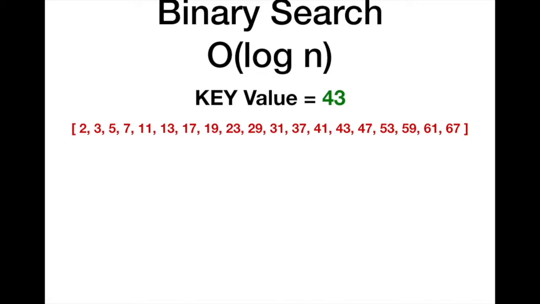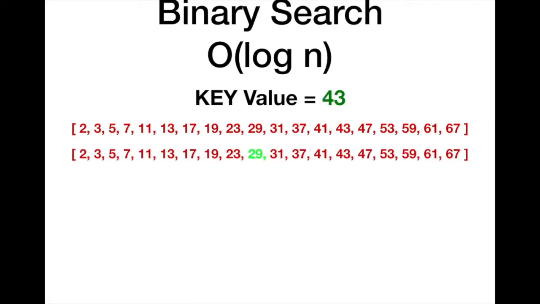So in the binary search, it searches for the median or the mid value in the array, which in this case is 29. So it then logically looks at the value, which is 43. So we know that 29 is less than the value of 43. So it would do away with that value and all of the values in front, and it would start the